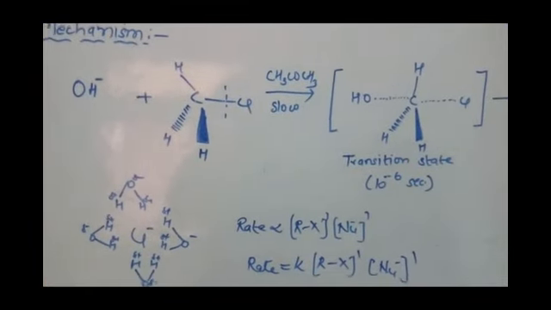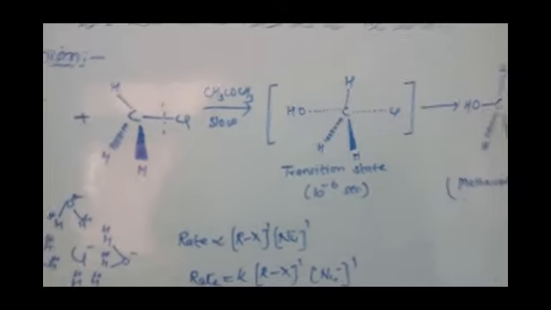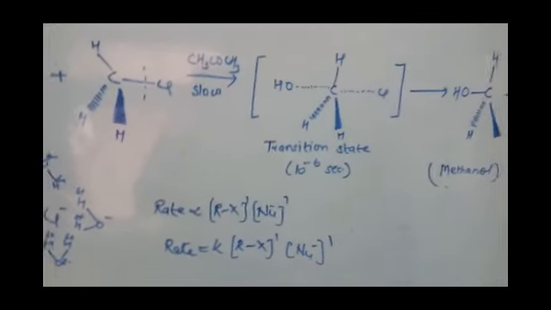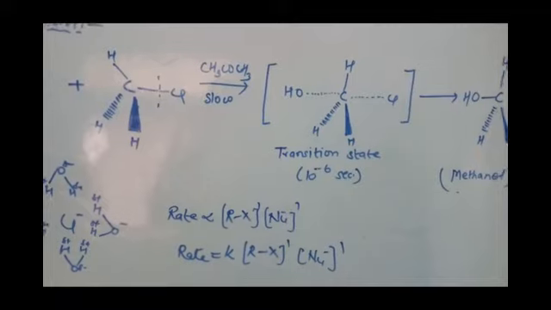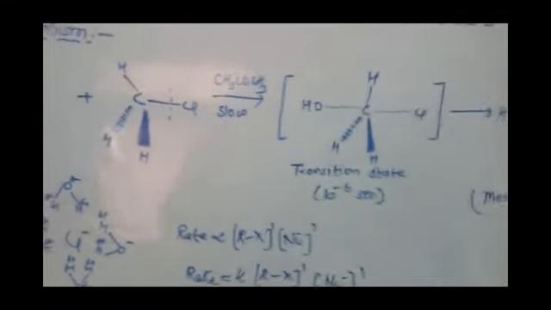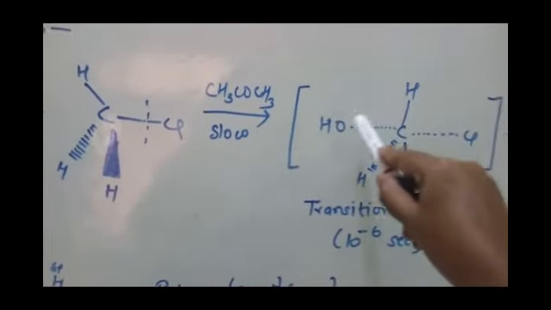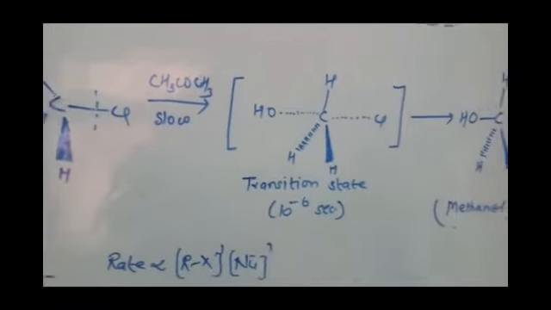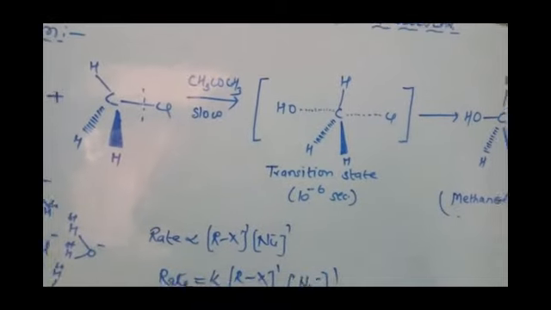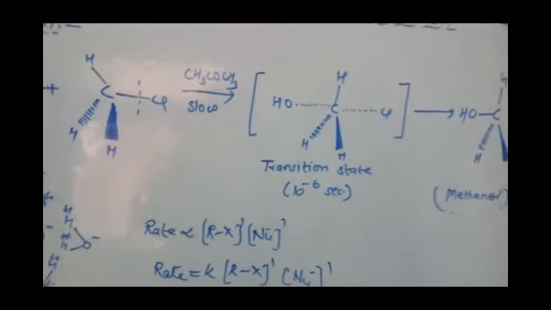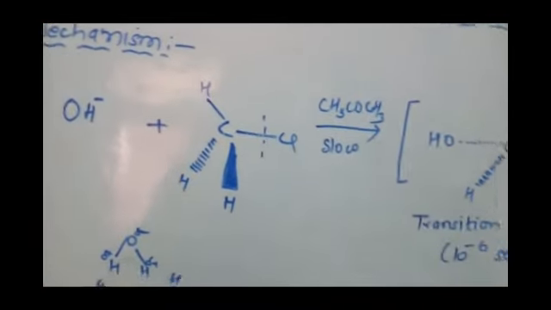Then the fifth characteristic is that no formation of carbocation takes place. Instead, here a transition state is formed. Now in the transition state you can see this carbon is bonded to 5 atoms. Hence it is highly unstable and it remains for a very short period of time, and we cannot isolate this transition state. Now the reaction takes place in the presence of a polar aprotic solvent.